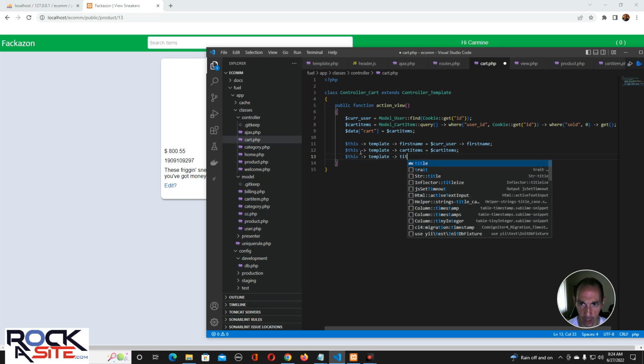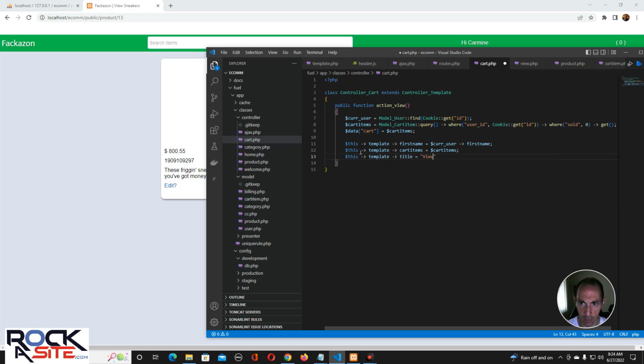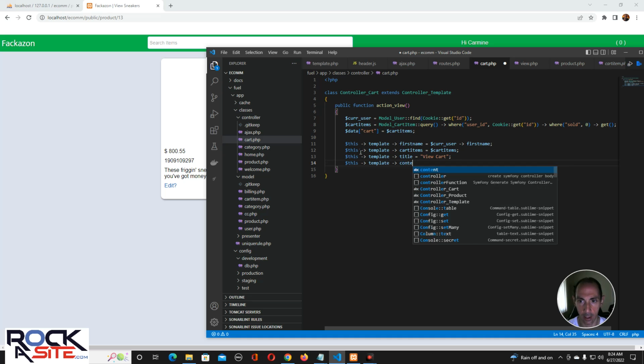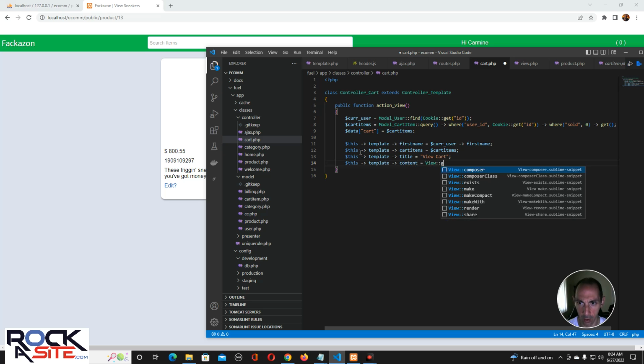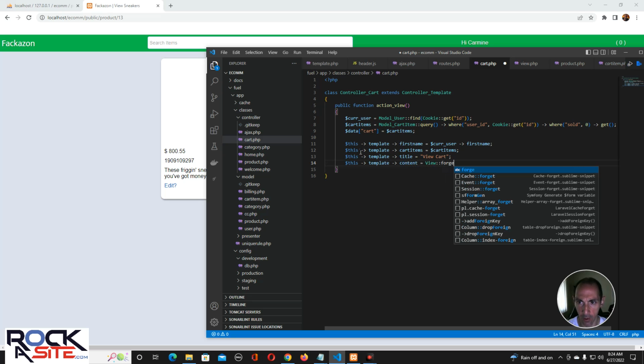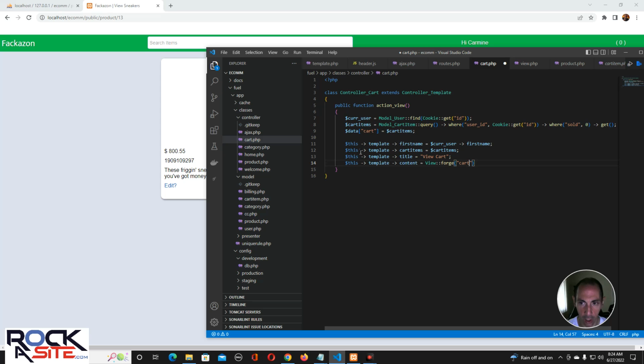template title equals view cart, and this template view equals view, no, this template content equals view forge cart view